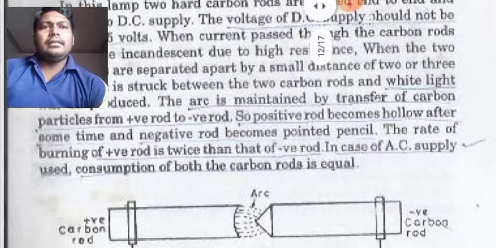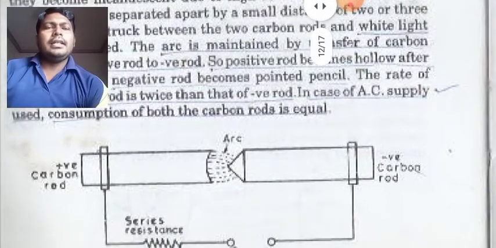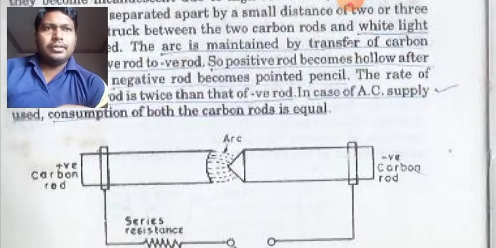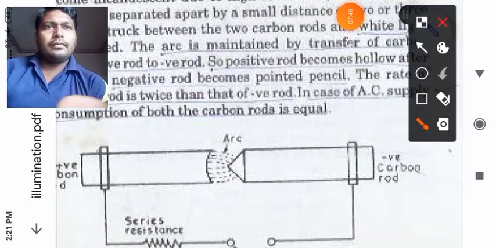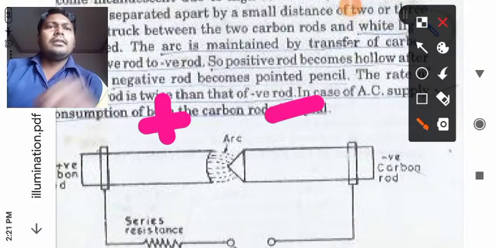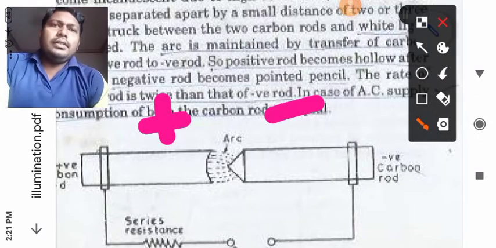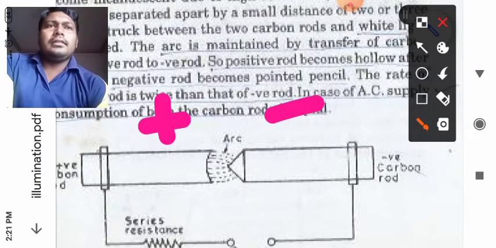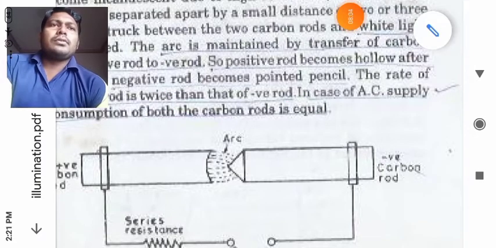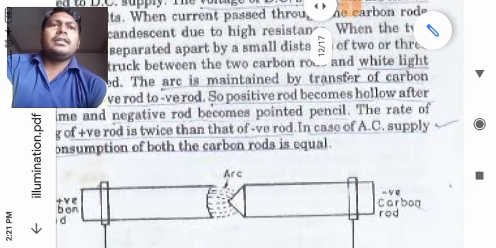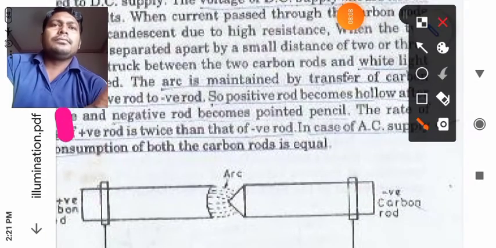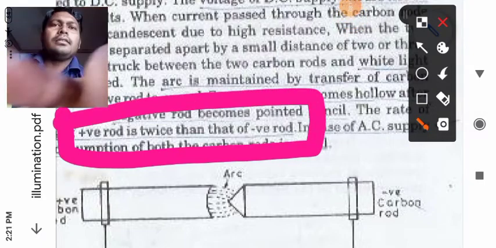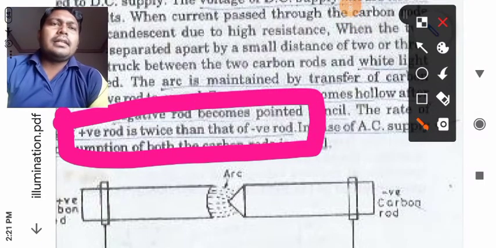So here is exactly the figure which I had drawn, it has been shown here, right? This one is the positive one, this one is the negative one. Now the positive electrode should be twice that of your negative electrode. Why? Because we have already stated that the decaying of the positive electrode is twice that of the negative, which I have already highlighted. Let me highlight it again also. So this is the thing, the positive rod is twice that of the negative rod.